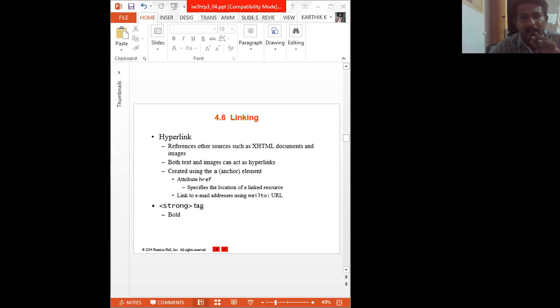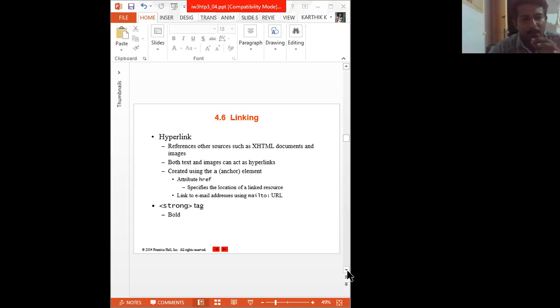Any displayed element can act as a hyperlink. Web browsers typically underline text hyperlinks and color that text blue by default, so that the user can distinguish the hyperlink from plain text.